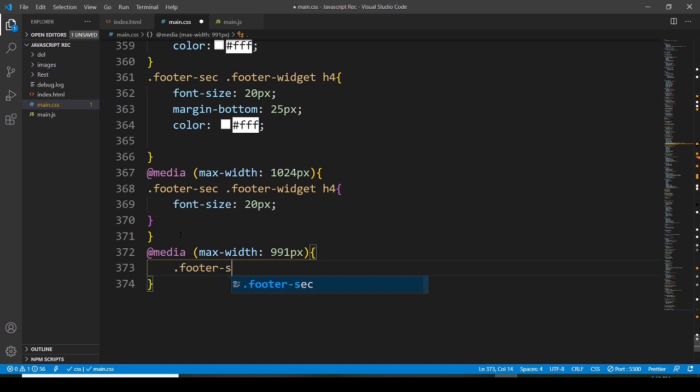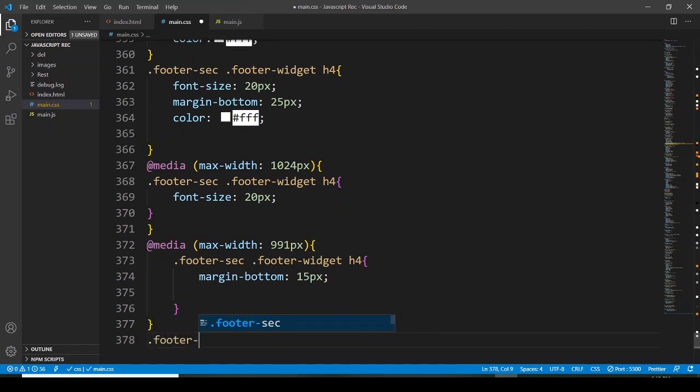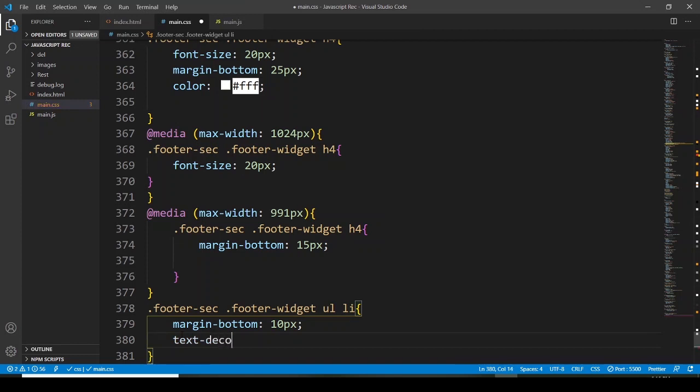Then the footer section is going to have a footer widget, which is going to have a heading 4 with the margin bottom of 15 pixels, and let's have a footer section with footer widget, and the unordered list and list items, where margin bottom is going to be 10 pixels. Text decoration is going to be none,